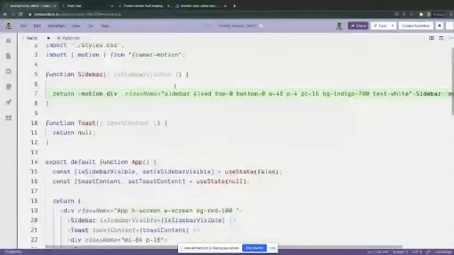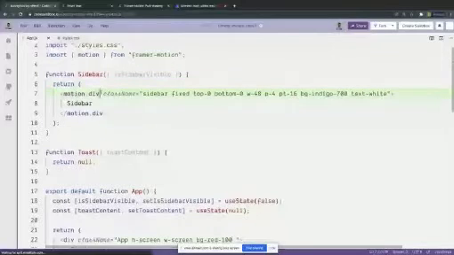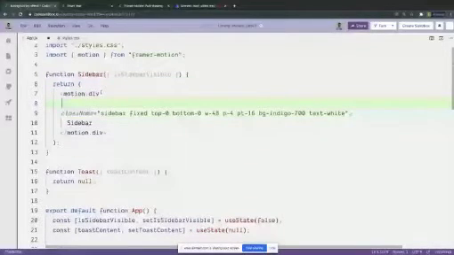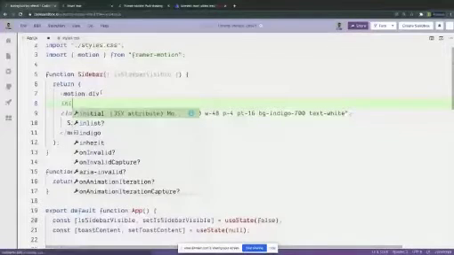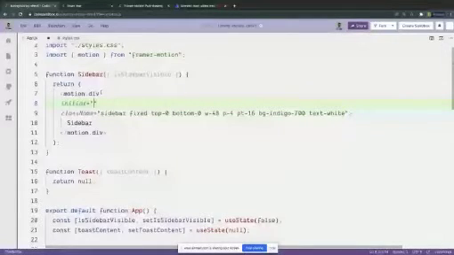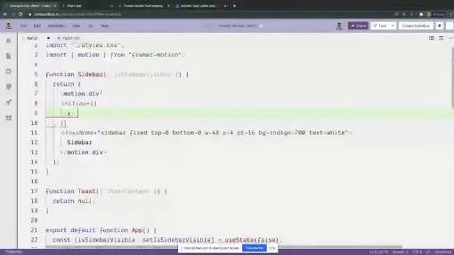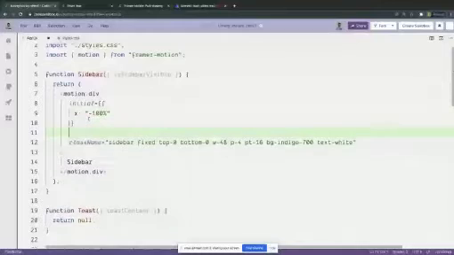What motion elements have is that you can give them properties like initial, animate, etc. Initial is the state that you want your component to be in even before the first render, and after mount you can immediately start animating it. So I'm going to initially set this to hidden, and while it is hidden, I want to give it a few props. I want to make sure that it is moved to the left by -100%. This x here is a short form for translateX, and then I want to animate it depending on whether the sidebar is visible or not.